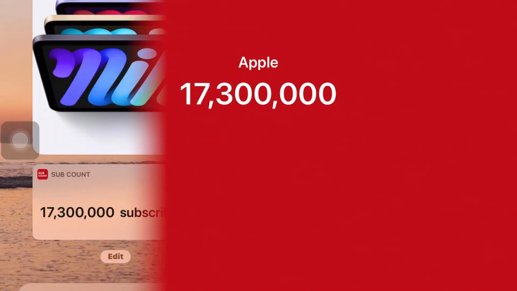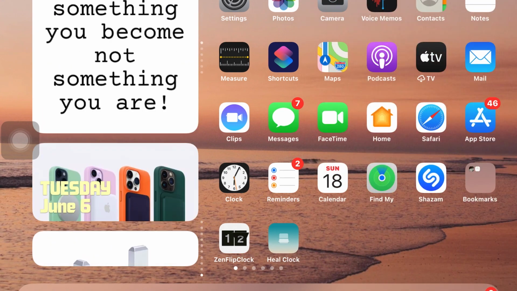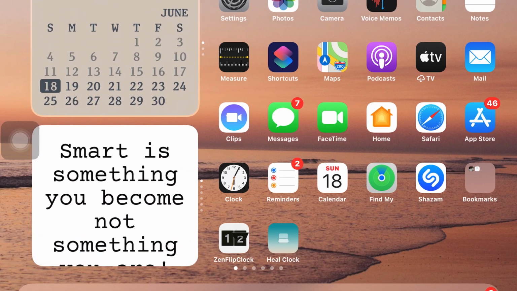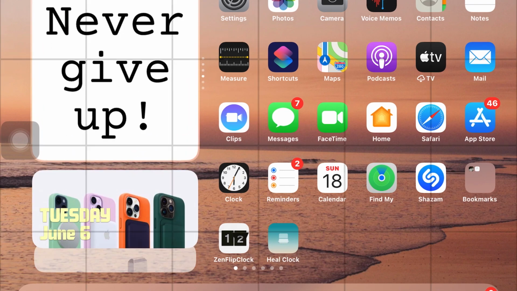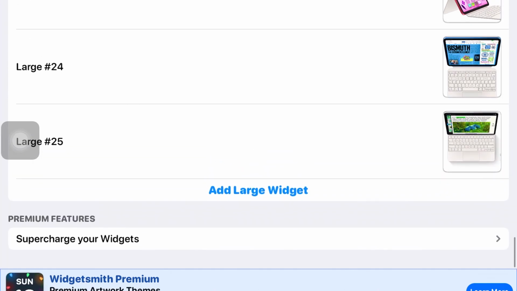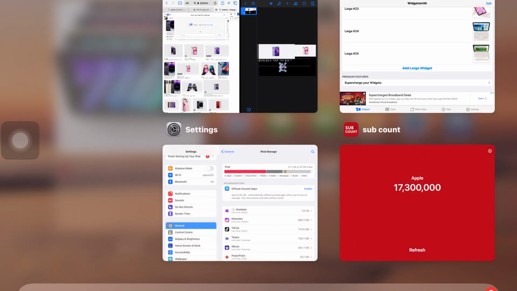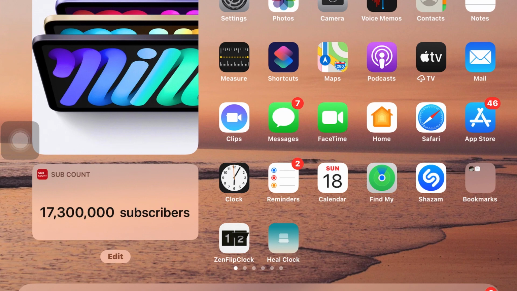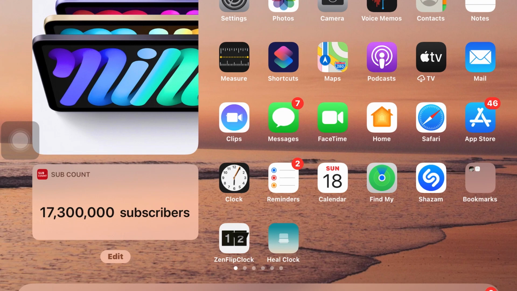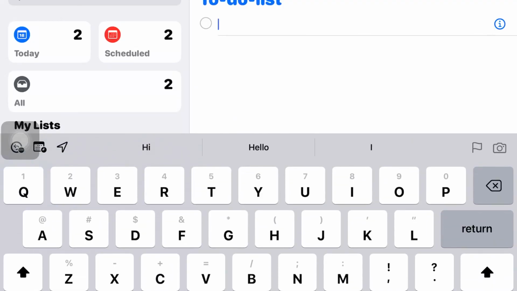So the next thing is that you can put widgets down here. I use the app Widgetsmith. I use Widgetsmith to add things I have and everything. Yeah, so a fun thing to do is that you could go on the Reminders app and create a little to-do list or important things that you need to get done. As you could just see, like